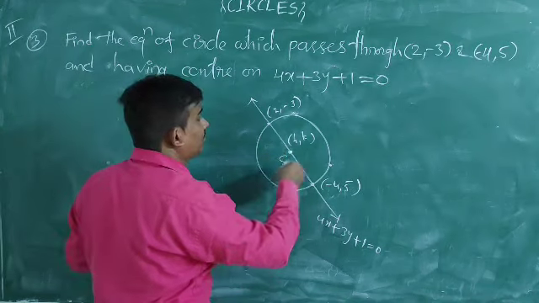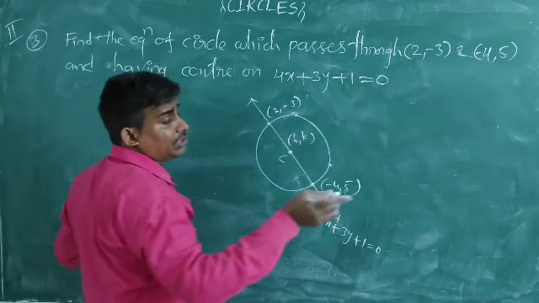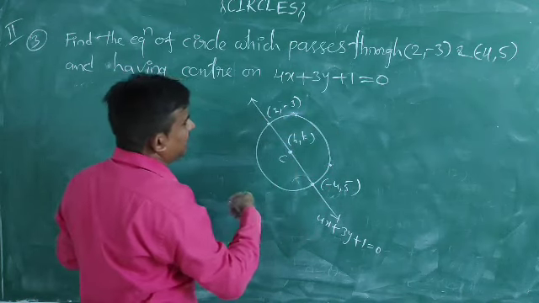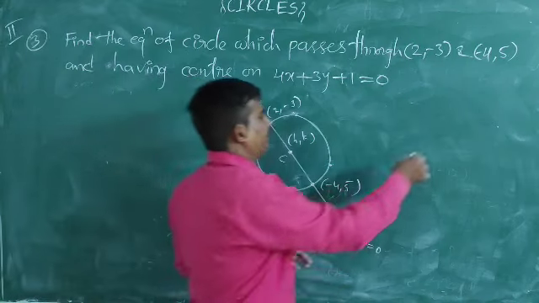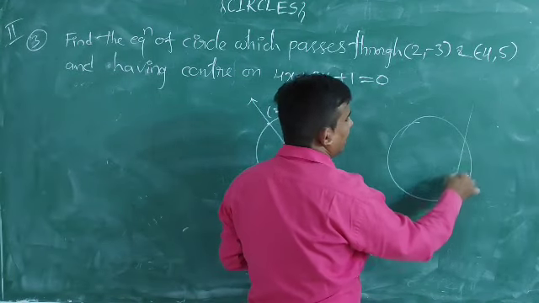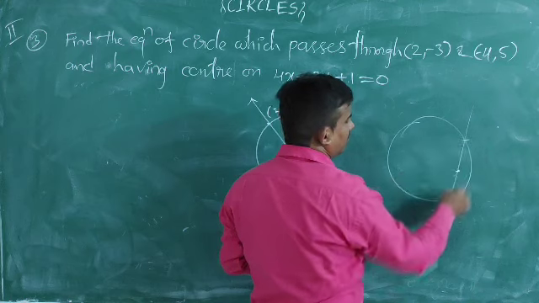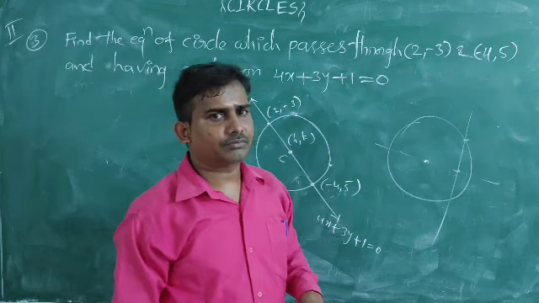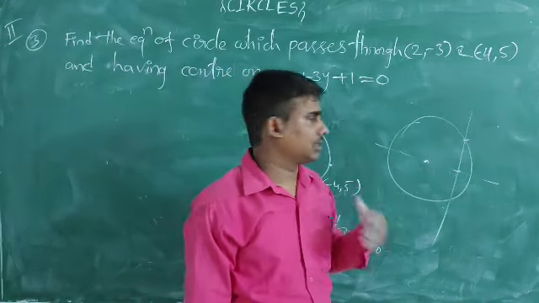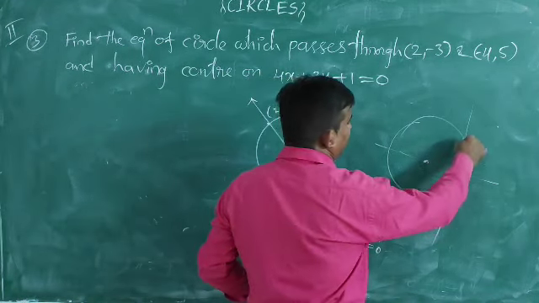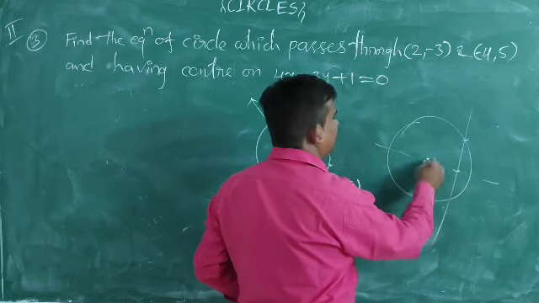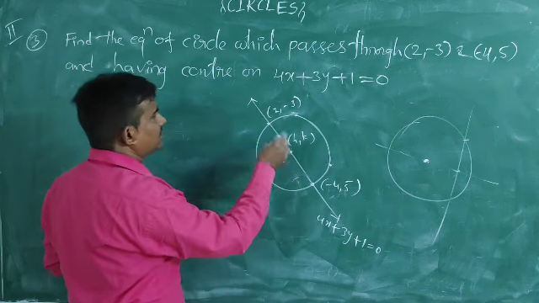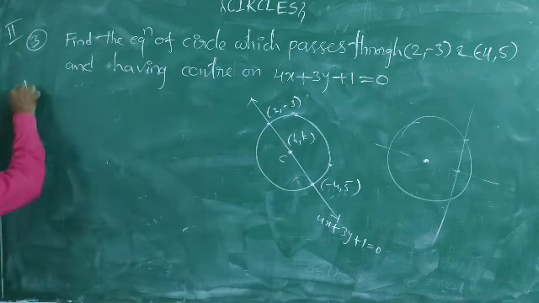By using that condition, we will find not the angle bisector, but the perpendicular bisector of the line segment. If you take any circle and a chord, the midpoint of the chord and its perpendicular bisector must pass through the center. It's very clear. In any circle, in our 10th class we learned it. The perpendicular bisector of any chord must pass through the center. It's very clear.